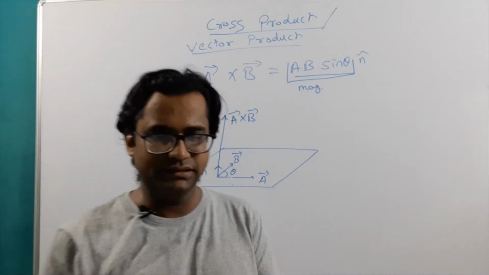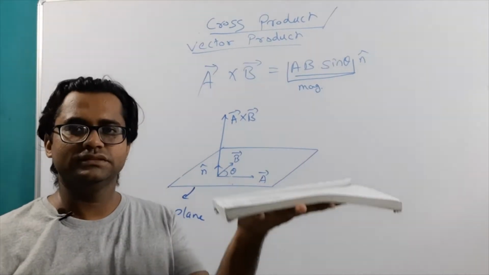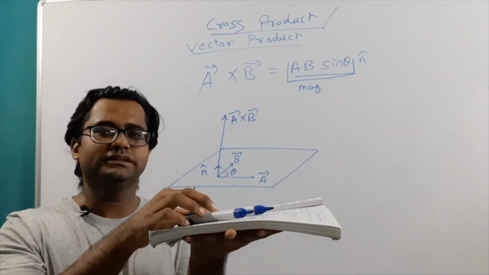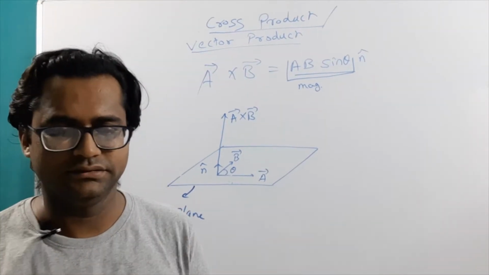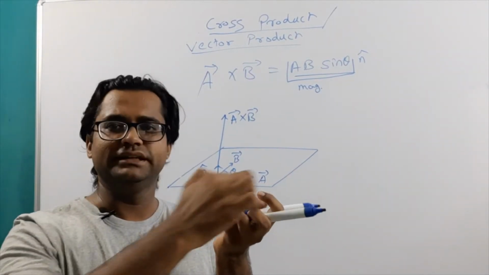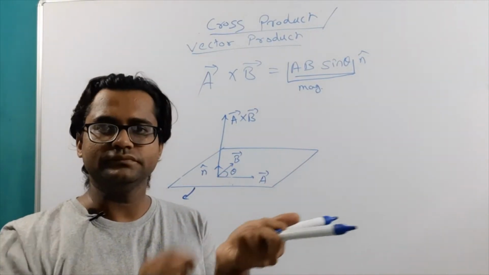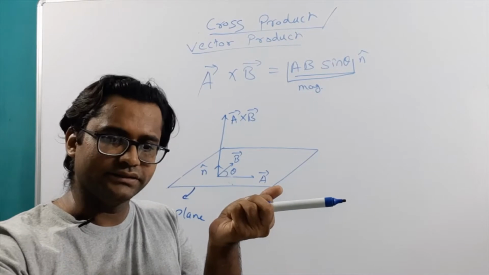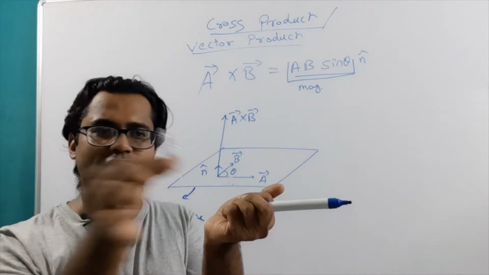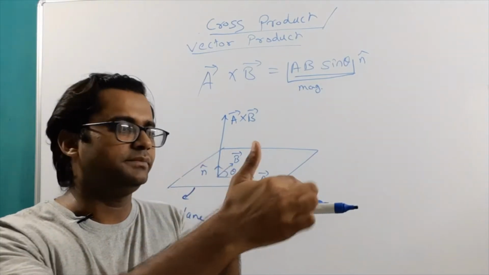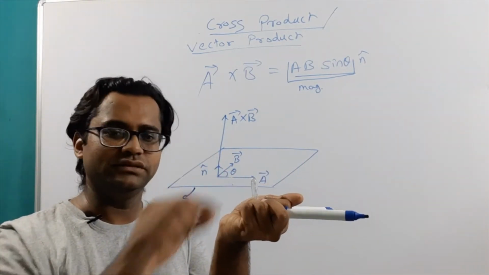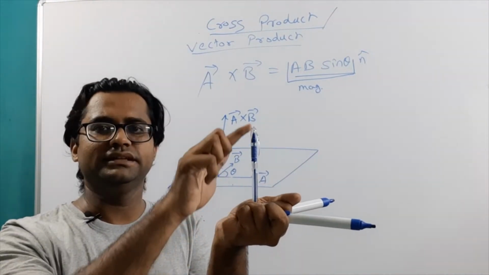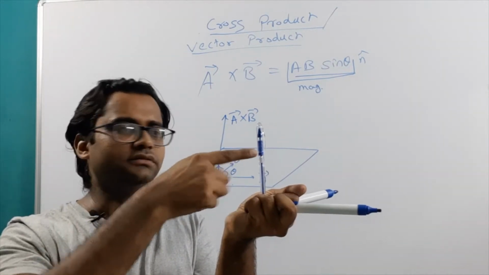So in our real world, let us visualize the same situation. This is my plane, this is my A vector, this is my B vector. Let me show you in space. Suppose this is my A vector, this is my B vector, and they are in this horizontal plane. Then the resultant, let us say this is the n cap vector. So A bar cross B bar has magnitude AB sine theta. So I have to show my vector by AB sine theta into n cap. So this will be the cross product of these two vectors.